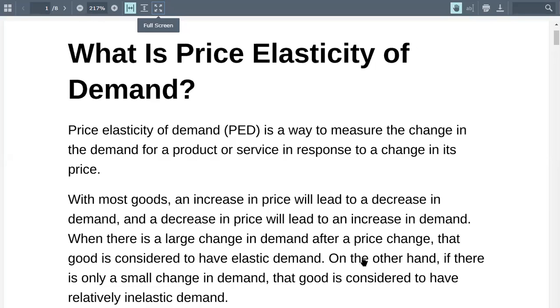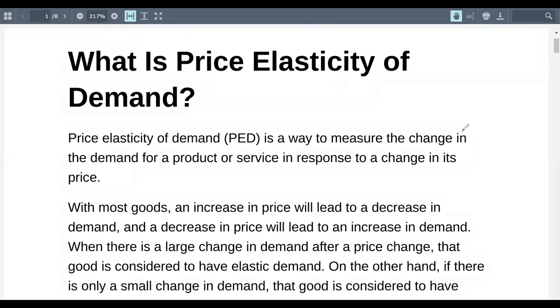Today we're going to be starting off with the topic of price elasticity of demand. Understanding its basic definition is the most important thing, as having a strong grip on the definition will help you through the entire chapter. So if we move forward with it, we would see that price elasticity of demand